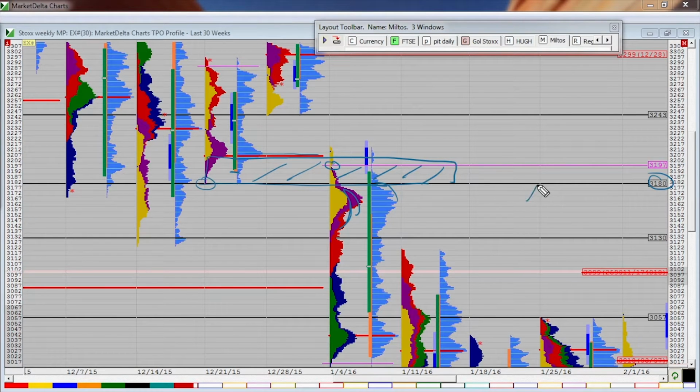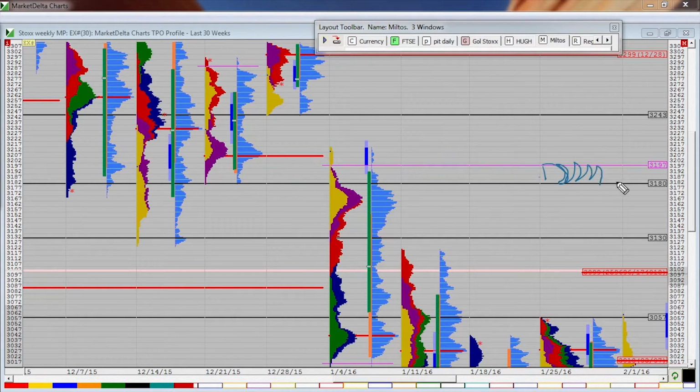So, we could come up here, maybe find a bit of an offer, maybe break, come back in here, maybe make a bit of a head and shoulders pattern or something that I can lean on for a move back down. If not, and we're actually looking, that's a scenario, obviously. The scenario is that we can find a top here. If not, and we come in here and start building value and just ranging, then I'd potentially be looking for